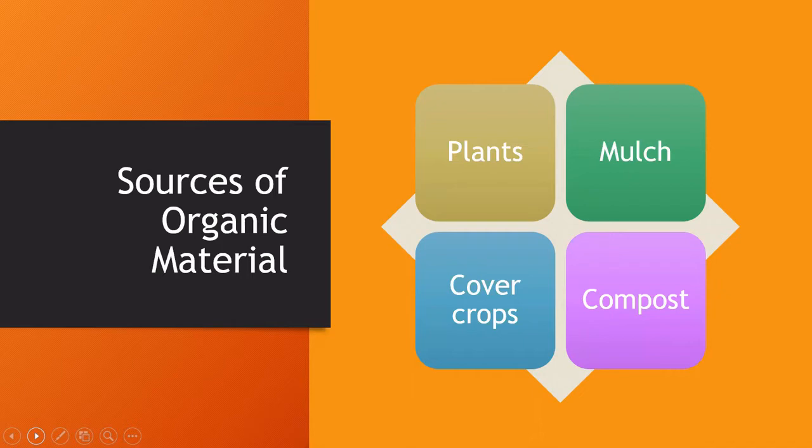Legume crops such as hairy vetch and clovers are called nitrogen fixers. These plants actually develop little nodules of nitrogen on their roots, so that if you happen to cut this plant off and look at its roots before it has flowered, you're going to find these little opaque nodules on the roots that contain nitrogen. I actually dug up a hairy vetch plant last season just to look at those little nodules. I then put that root system right back into the soil. The plant I had cut off, I cut up and put into the soil as well, because all of these provide organic material. Mulch is something that decomposes over time and again adds organic material to the soil,